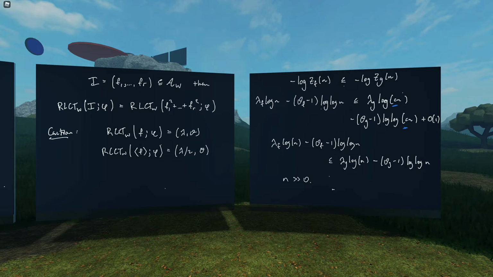This is kind of mild because we care about the RLCTs of ideals because of the following result, and in that case it turns out we want the factor of 2, and so this works out for us. Before I jump into proving that theorem,